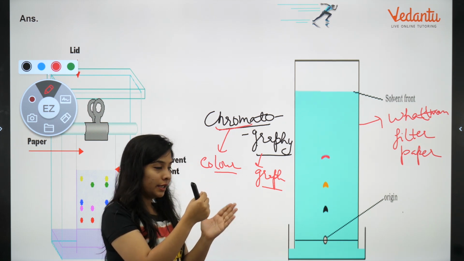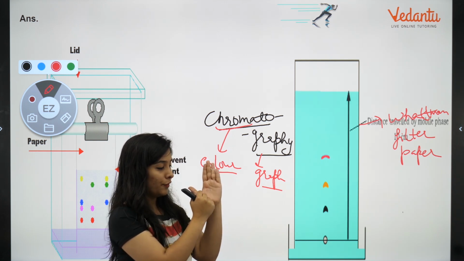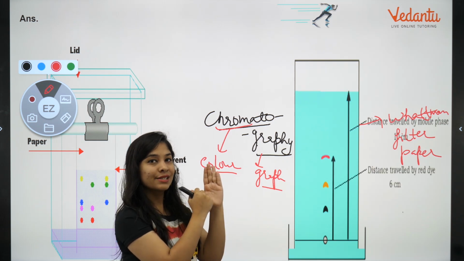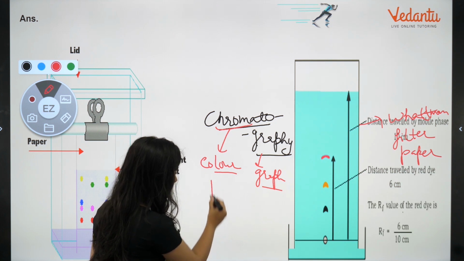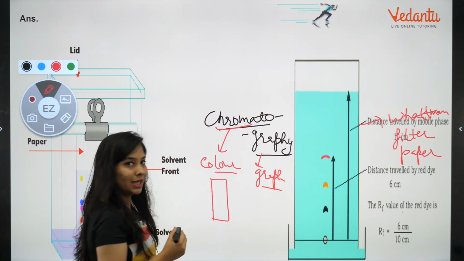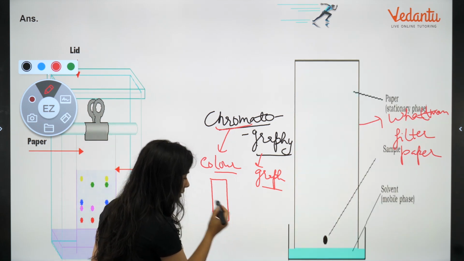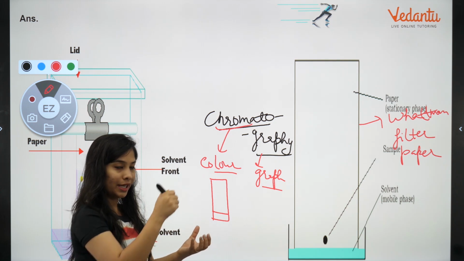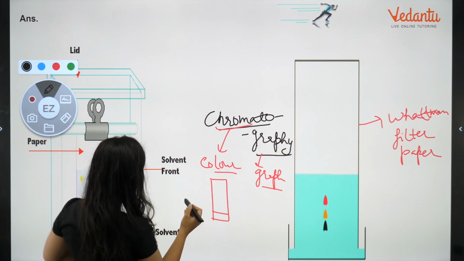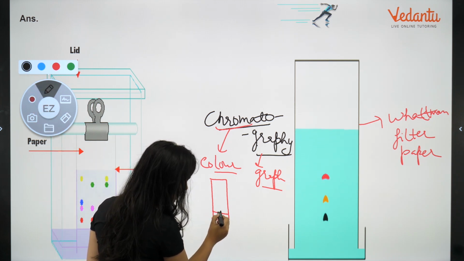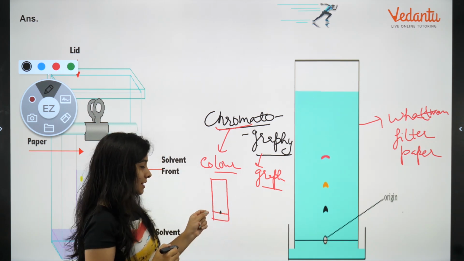Okay, so we take our paper, and about 3 centimeter above, we make a mark by a pencil. We make a straight line by a pencil. Suppose this is our thin strip of paper. We take a pencil approx 3 centimeter, and then we make a mark. We take our ink, we dip our capillary into it, and we mark a particular color. Suppose, as I told you, black. So black ink, I took it and I just made a drop here, and after some time it will be dried.